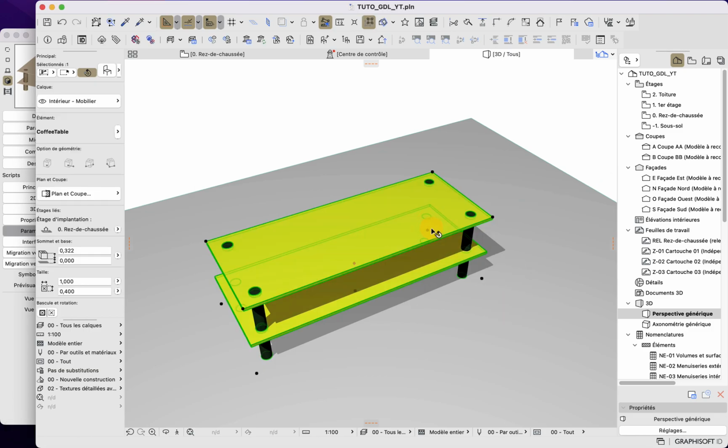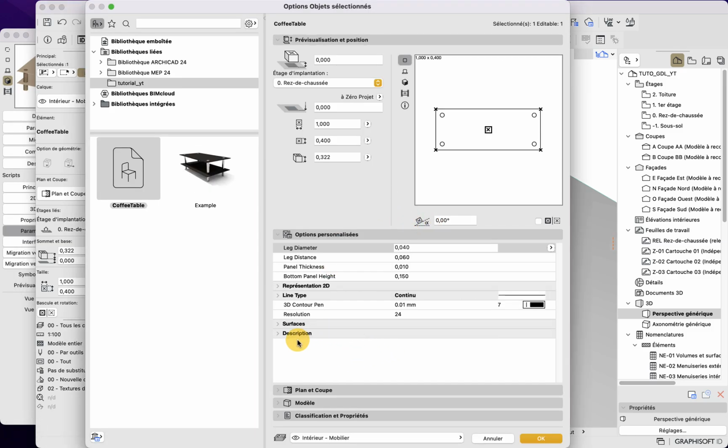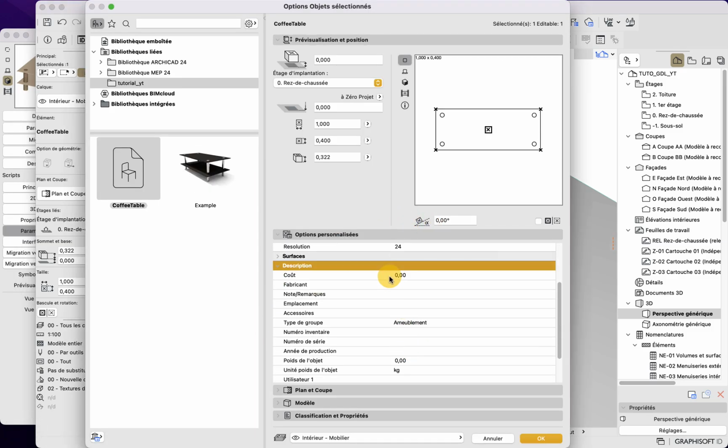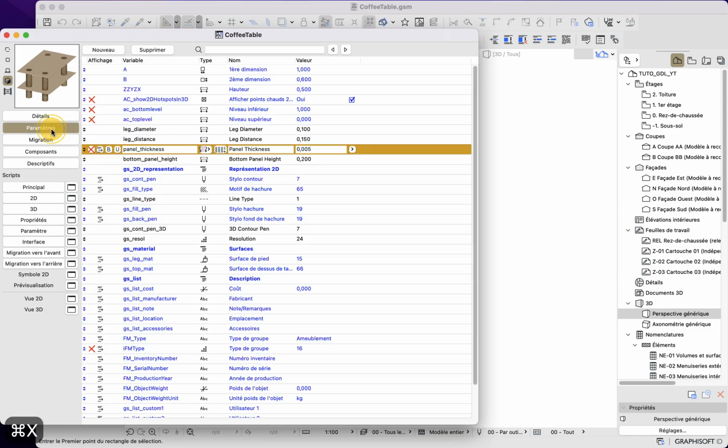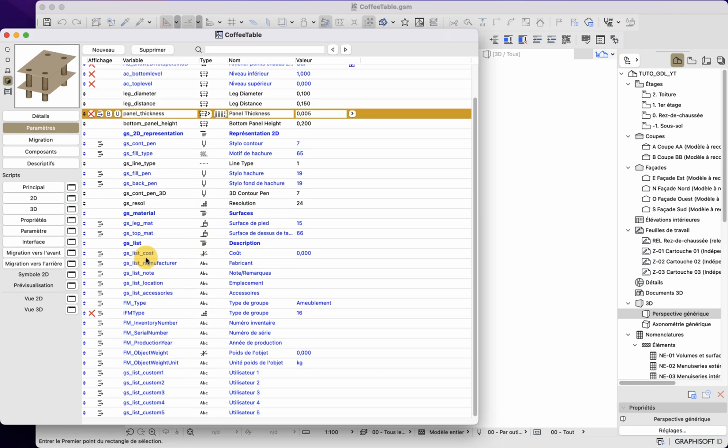Here you can also see in the option of this object that we have some description. We can fill this one with values that can be constrained as well by us. So here I go back to my parameter script, and what I will do here is introduce a new command that is called parameters. This command needs a setup. It needs a value that needs to be updated in my parameter list first. So here we will cut it first and then have a look at the parameter that we want to fill.